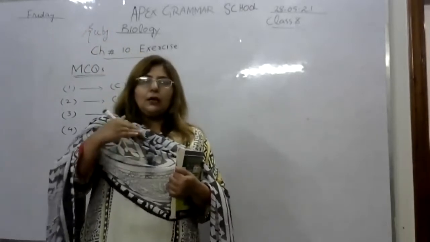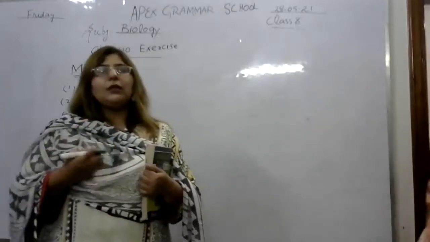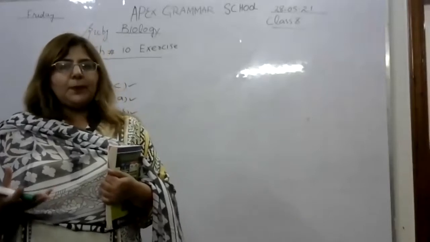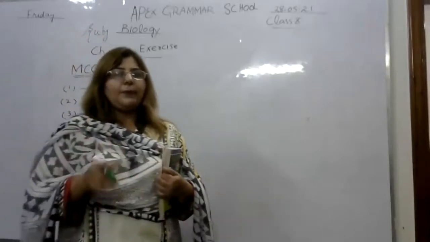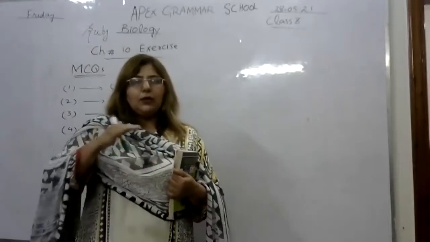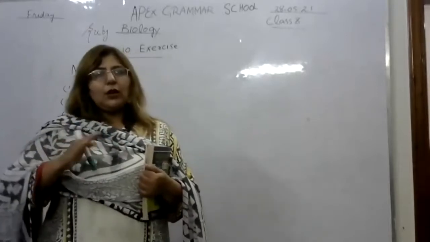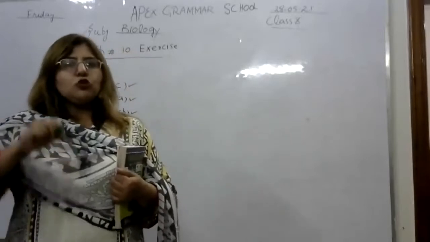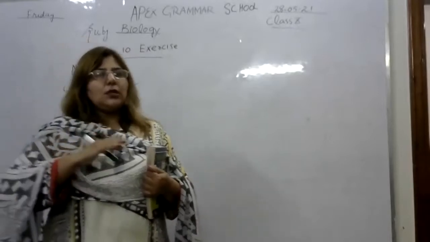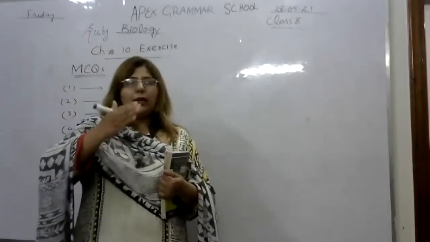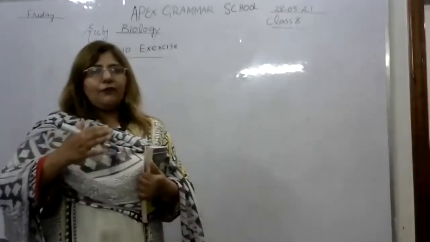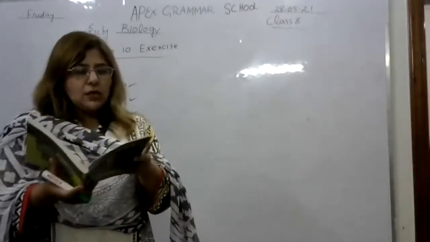So when inhalation happens, at that time a muscular sheath which is present under our lungs becomes flatter. Why? Because more and more air can enter into our body. But when the lungs are filled with carbon dioxide and it should be exhaled from the body of a person, at that time, what happens? The muscular sheath of the diaphragm goes upward, comes into a dome shape and pushes the air to go out of the lungs. So actually, which structure is responsible to push air out of the lungs? That is our diaphragm.